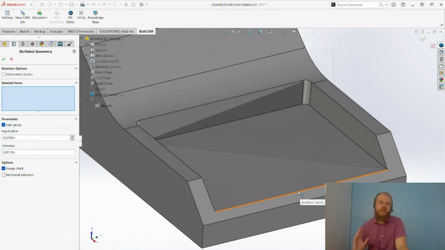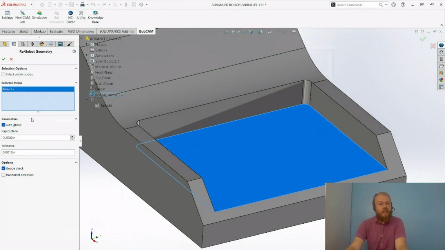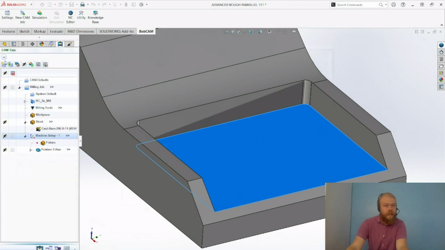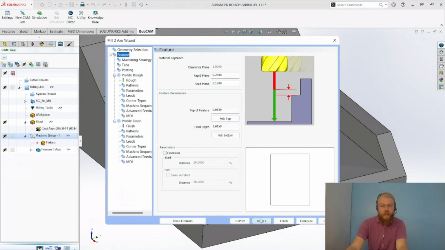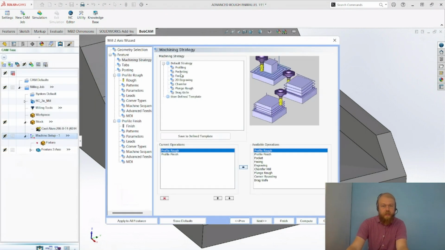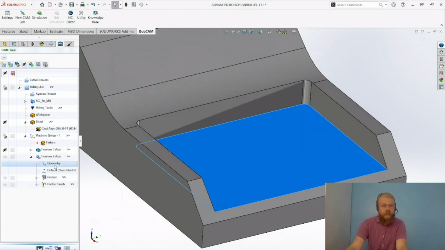So we don't have to extract the edges, or in SolidWorks it's called convert entities, to create the wireframe for your pocket. You can just select the surface, and then you can, let's see, select whole bodies. No, there should be a pocket option here. Let me select pocket, and then in the geometry,